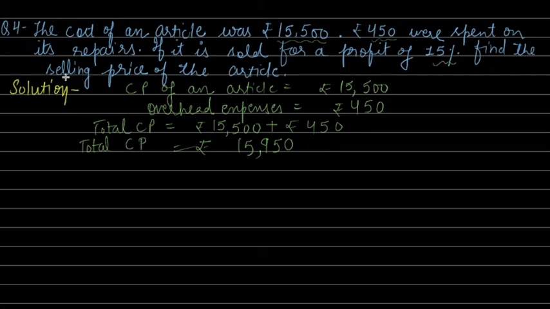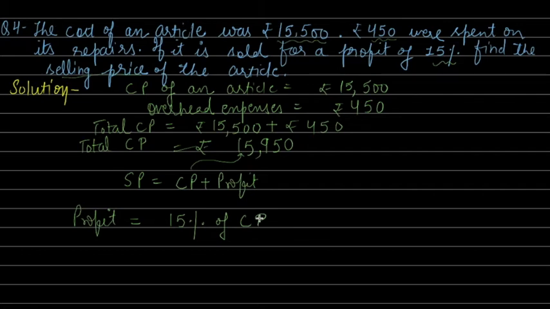We again have to calculate the selling price. What is selling price? Selling price is equal to CP plus profit. We have just done in question number 3 as well. CP we have already calculated. We again need to know profit, but we know only profit percent. So using profit percent on CP, we can calculate the profit. Profit will be 15% of CP, right? We always calculate profit or loss on CP. So let's see how much it will be.